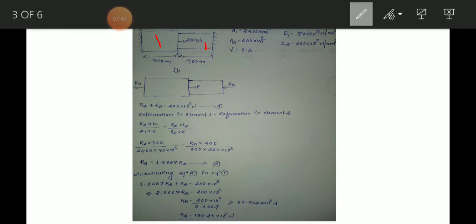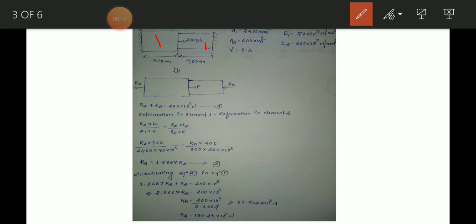Okay, fine. I will simplify this diagram by mentioning RA and RB. I have removed this fixed support, and instead of that I have given a name as RA, that is reaction at point A. RB is the reaction at point B. P is the force which is acting at node 2. Fine. So first thing we have to write down the equilibrium equation, that is RA plus RB is equal to